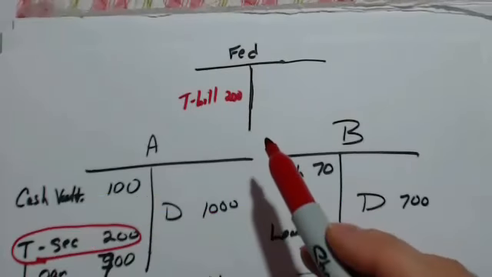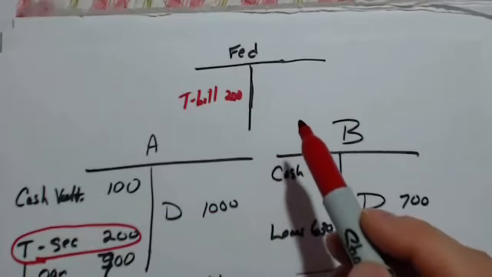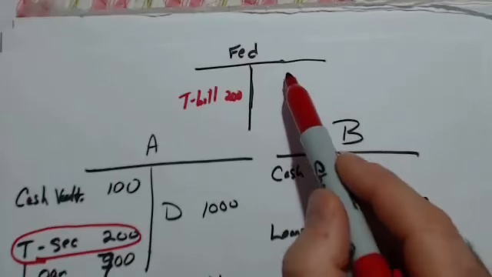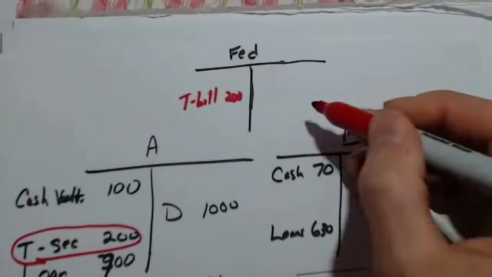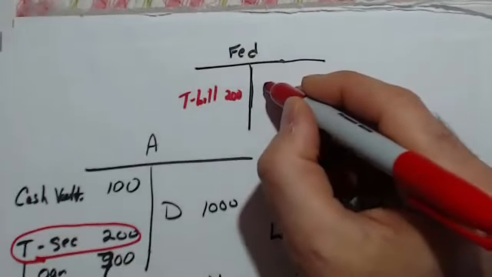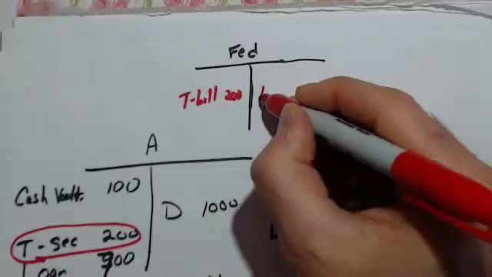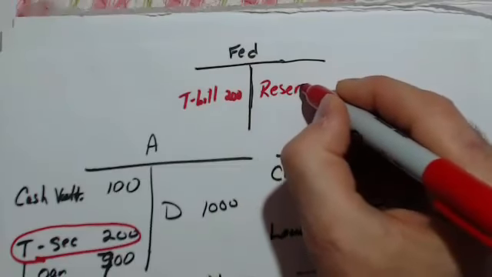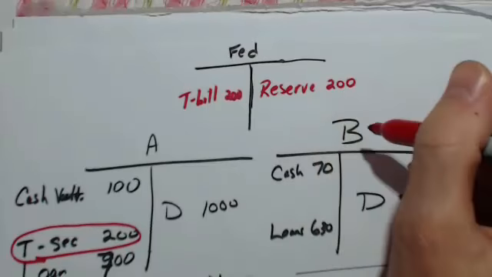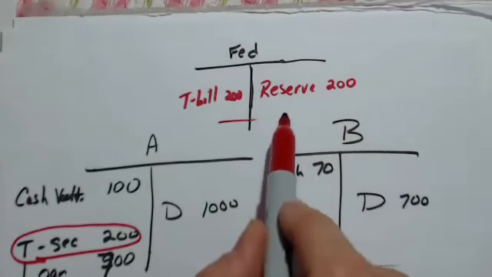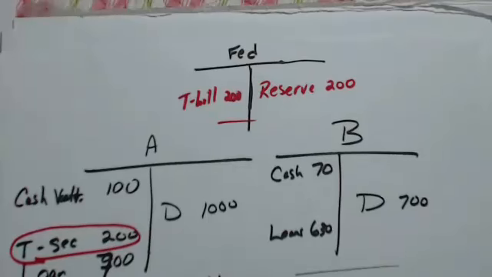If you had a more advanced accounting course, this would be a debit, and we need a credit side, which would be a liability or equity. We're ignoring equity, so what's going to happen is the Fed is going to create reserves out of nothing, out of thin air. It creates reserves of $200. So the Fed's balance sheet balances, as you can see.